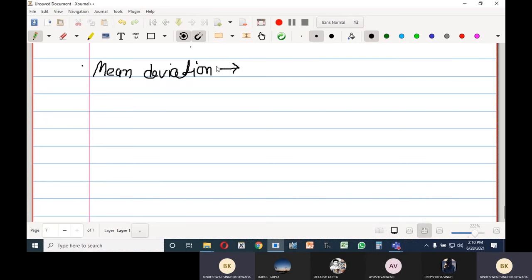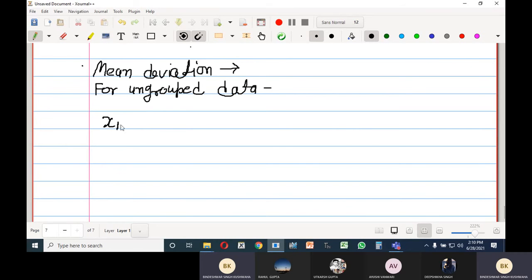For ungrouped data, we calculated mean deviation. In this class, let me revise that also, ungrouped data. So see how you will calculate mean deviation. Suppose you have individual series data,